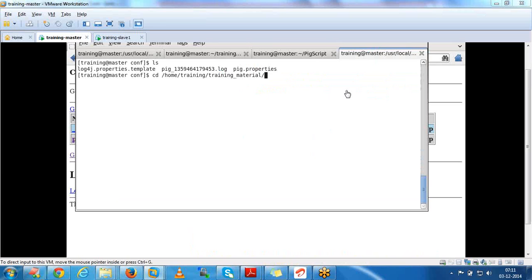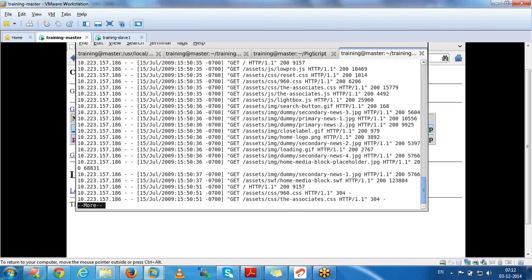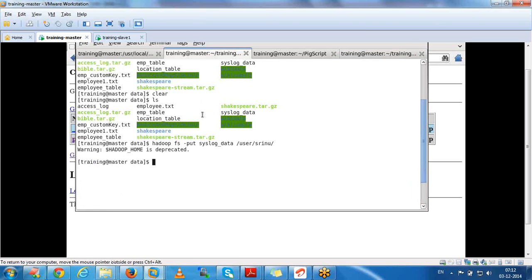We have the access log data in this path. Last classes, while explaining Hive, I explained how we can process the data with Hive, and we saw MapReduce also. Similarly, we will see how we can process the same data with Pig. Here all the data is separated by this space, so while loading the data,